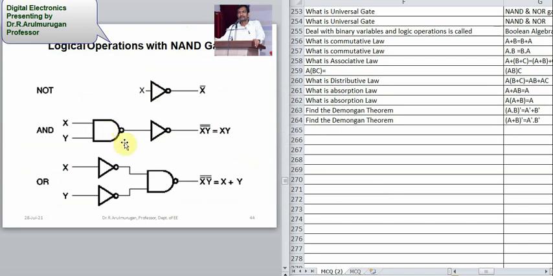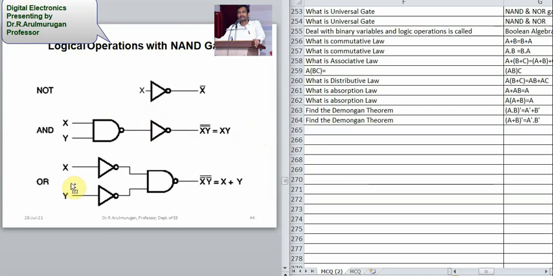It is an AND gate followed by NOT, so a NAND gate: one AND gate plus one NOT gate. So what is the answer? Yes, I will write it. This is called simplification. With x into y and then the NOT, we get x y whole bar, then another bar, so x y double bar. The bar is cancelled, so the answer is x y. This is simplification.